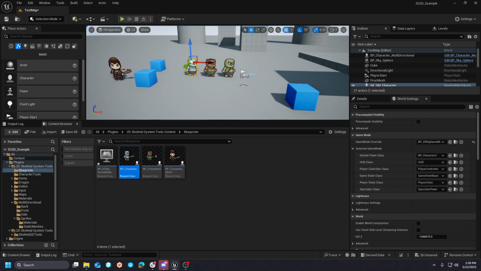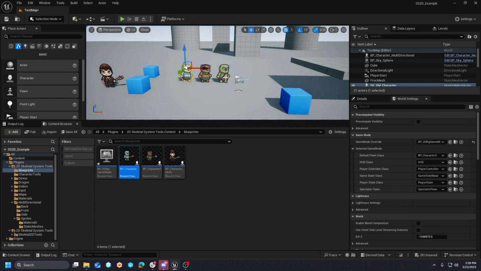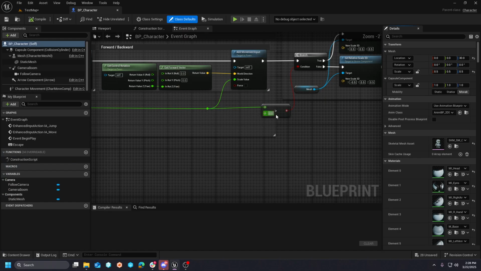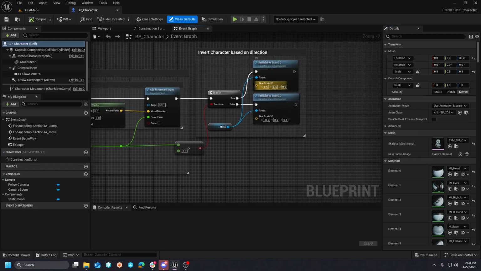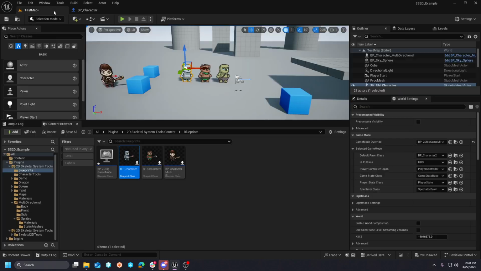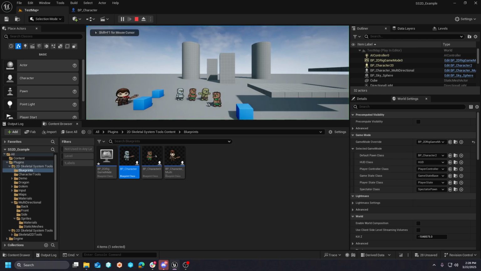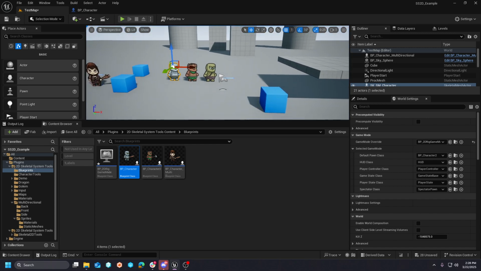And the question was brought up, right now in the example, the character essentially just handles the relative scale 3D. So whenever you walk back and forth, it inverts that scale and flips you from side to side. So with a 2D bone system, it's a little bit more complicated than, say, a 4 or 8 directional